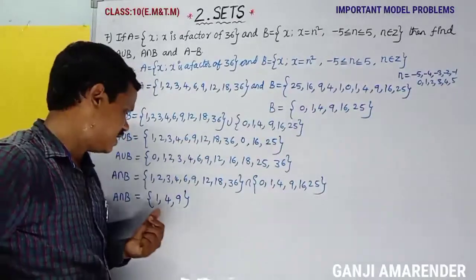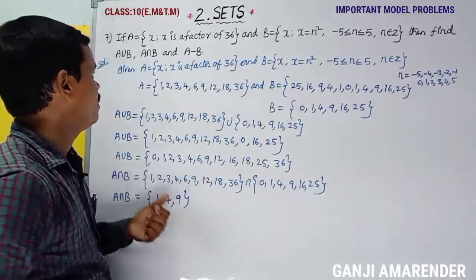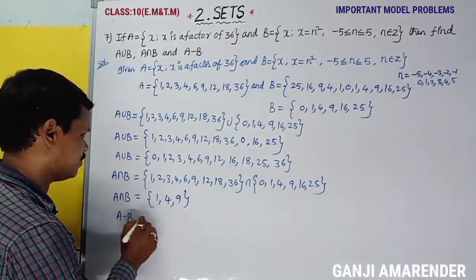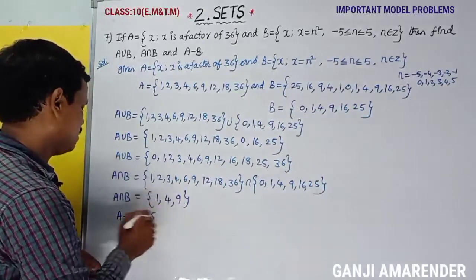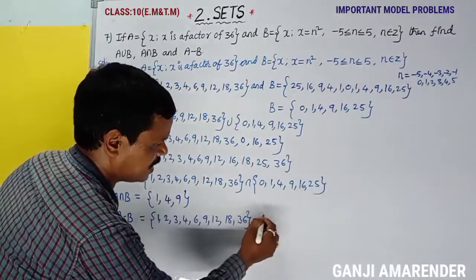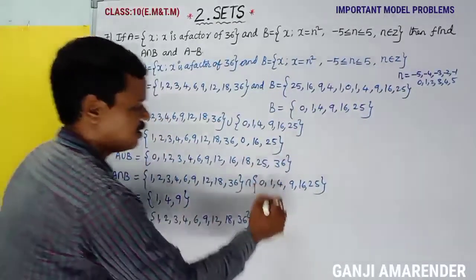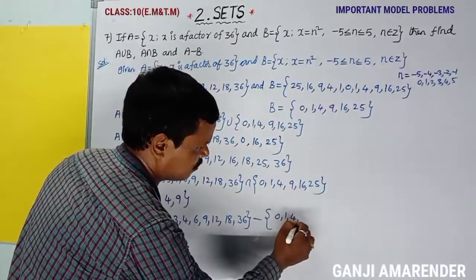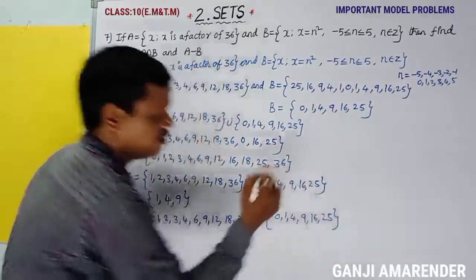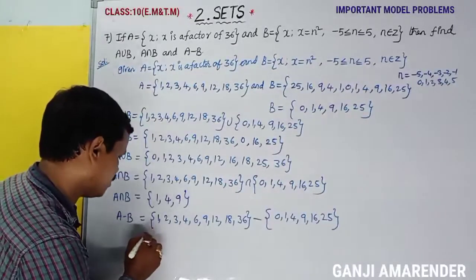Okay, A intersection B is equal to the set of 1 4 9, and A minus B value we have to find. Set A minus B is equal to: write the set A elements 1 2 3 4 6 9 12 18 36. This is set A. What is set B? 0 1 4 9 16 25. Okay, remove the elements of set B from the set